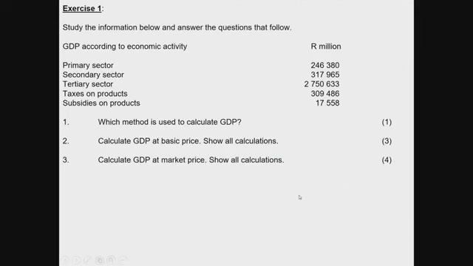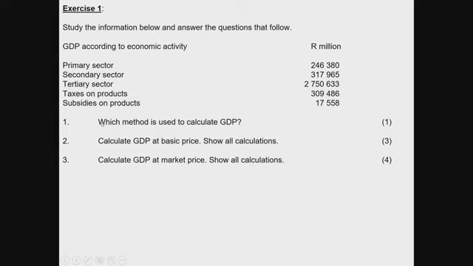Right, that brings us to our first exercise. Exercise 1. Study the information below and answer the questions that follow. So they give you your GDP according to economic activity, and your numbers here are being expressed in rand million. That's what it means, right? So for exercise 1, they've given us primary sector, secondary sector, tertiary sector, taxes on products and subsidies on